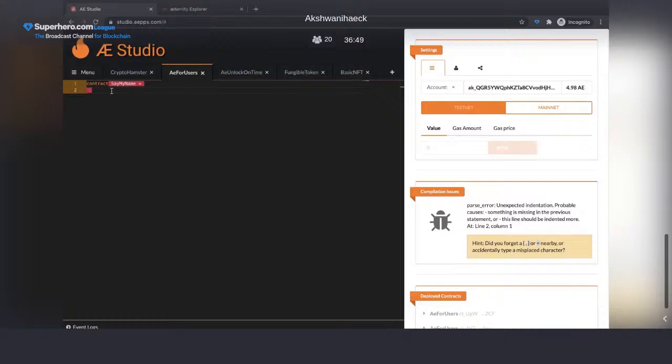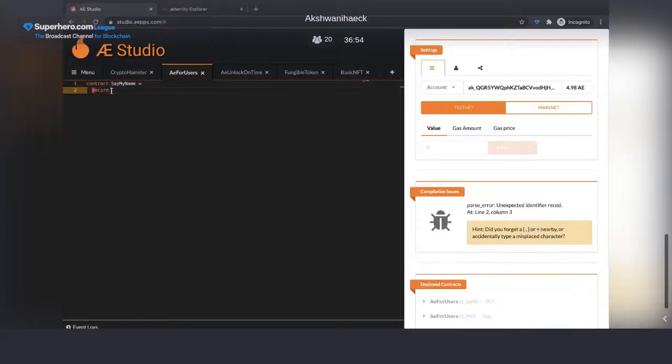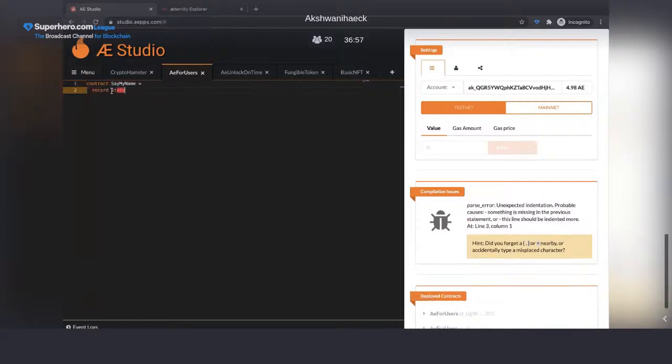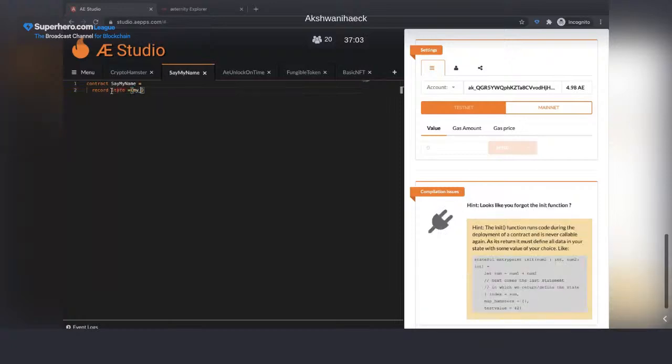So remember that I will need to store information on the blockchain. So I need to work with my state. I need to ensure that I have enough structure to store my name. So one way could be just having a variable, be a string, could be another. I guess for a name, the best idea is to have a string where I store my name. And if I have this, I will need to initialize that information.